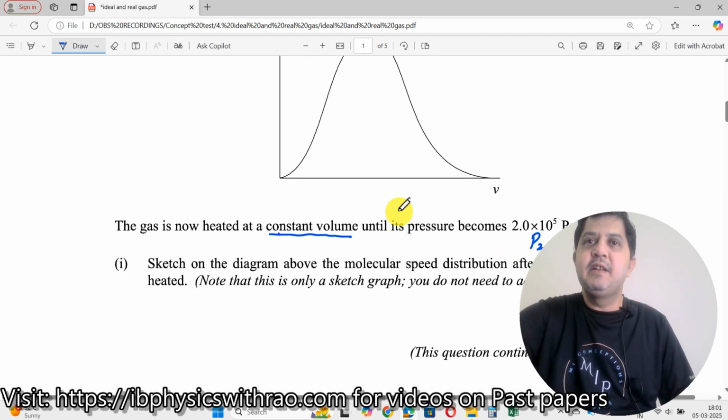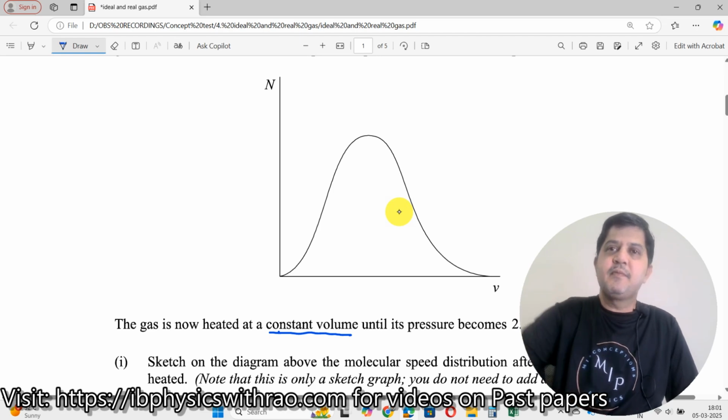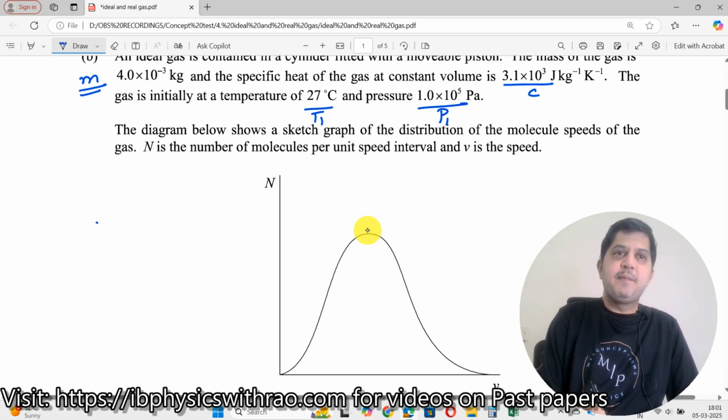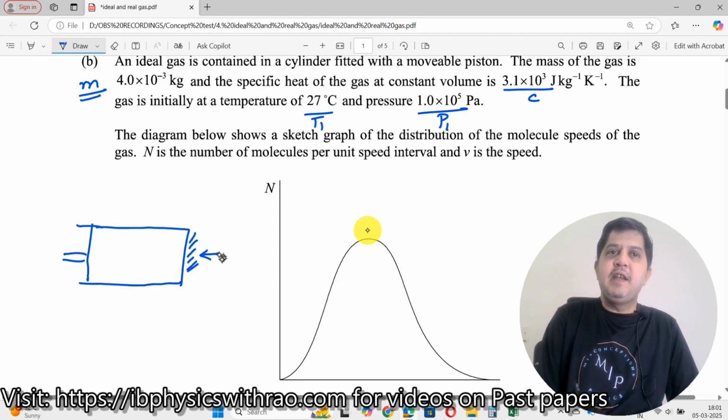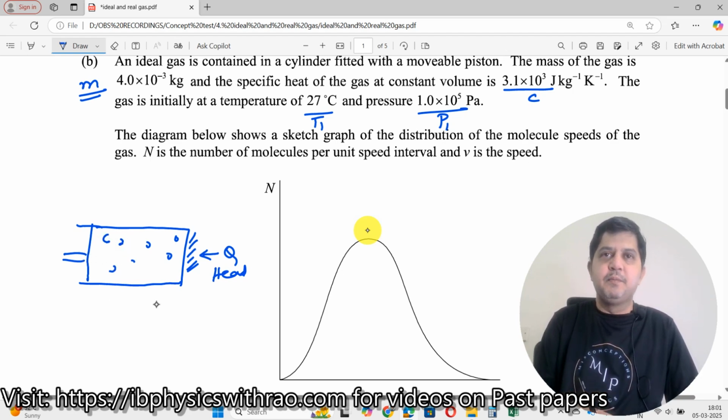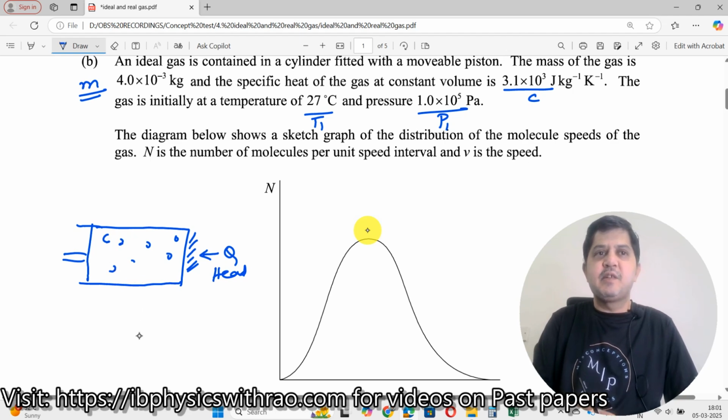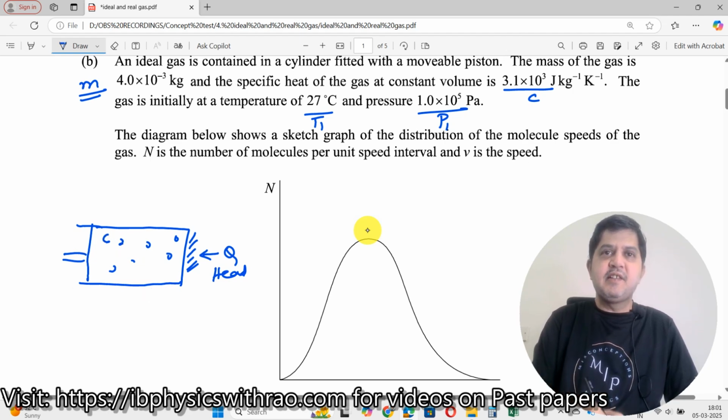Now what's happening? You have a piston, and in this piston you are keeping the volume constant. You start heating here, you apply Q, heat energy, over here. As a result, the molecules present here will constantly start pushing, but unfortunately you can't change the volume because it says volume is constant. When volume is constant, the piston will not move outwards or inwards, right? Then the molecules that are present here will be moving